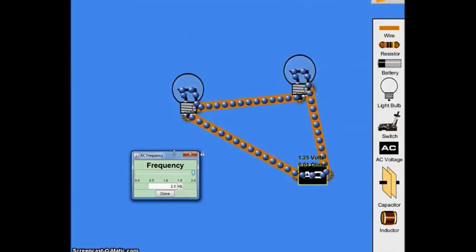So like that, if there are 50 cycles, I will say that the frequency of this alternating current is 50 Hertz. In 1 cycle you can see that it moves in forward direction, then goes in backward direction, then again goes in forward direction. So in 50 Hertz it changes its direction 100 times, because in 1 cycle there is change in direction 2 times.